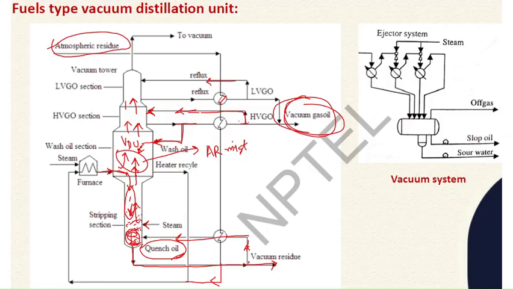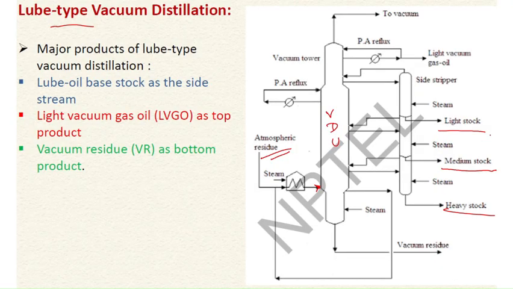So, okay, in the fuel case only a single cut is produced, so there is no such problem of mixing of different cuts. We can mix them together as well. We can use them by mixing together also, as gas oil. There is no such problem of mixing. If LVGO and HVGO get mixed also, there is no problem. We can use it as gas oil. But when there are different cuts involved, there is a problem of purification, a problem of mixing of two different cuts.